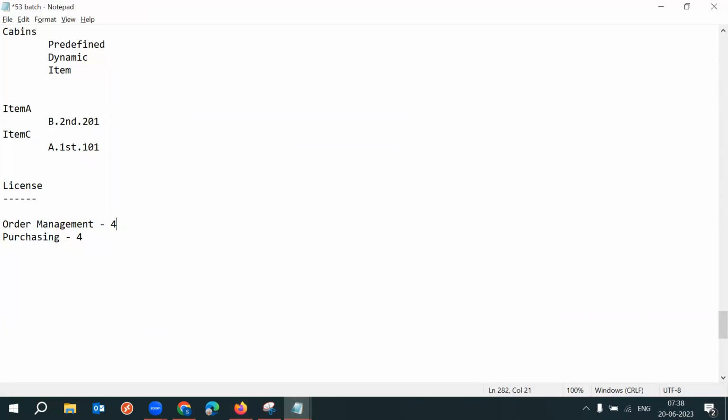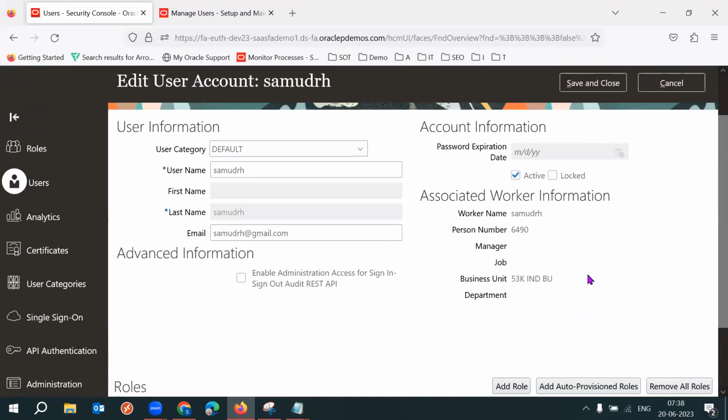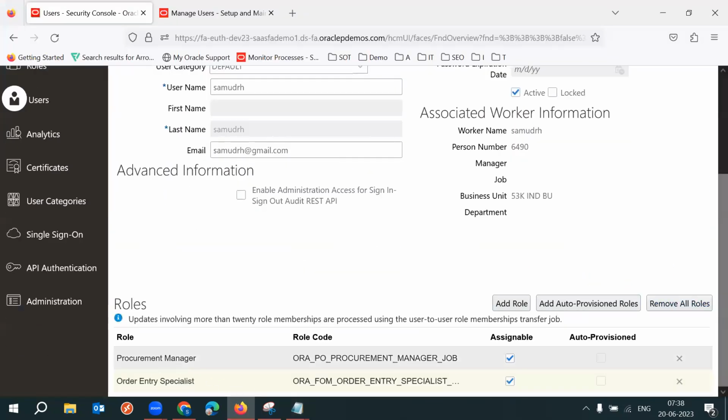So here the license is not calculated based on the user. It is calculated based on the role, not even the role, based on the privilege. Based on the privilege, the